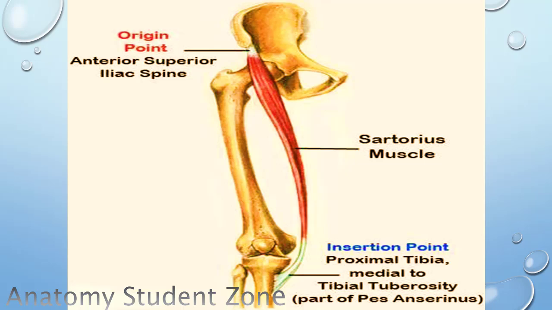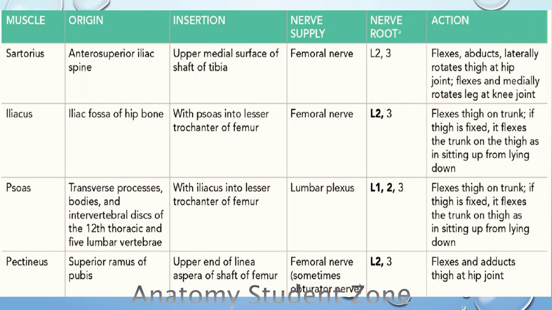If I summarize this muscle, we can see here in this table, this is arising from the hip bone, at the point that is the anterior superior iliac spine. Its distal attachment is on the tibia bone, and we have seen it is going to attach on the upper and medial surface of the tibia bone. We have also covered that this is the longest muscle, so it is going to cross two joints, the hip joint and the knee joint. Therefore, it is going to act as a synergist at these two joints because of its weak action.